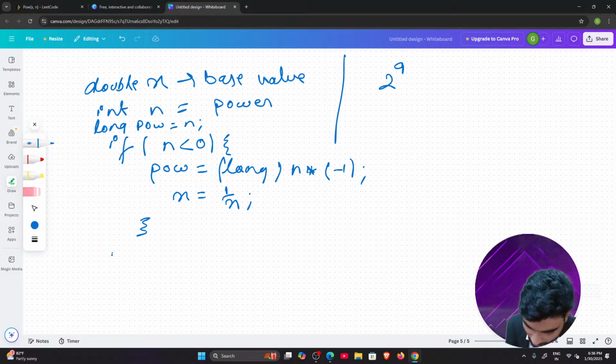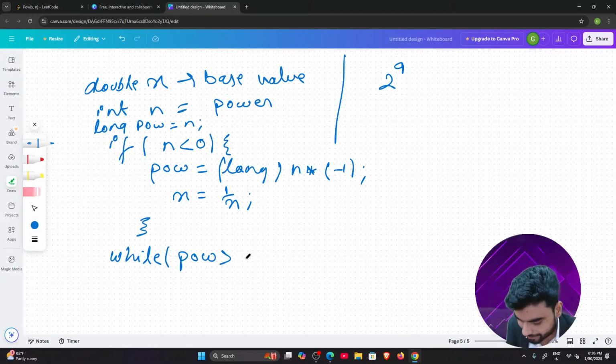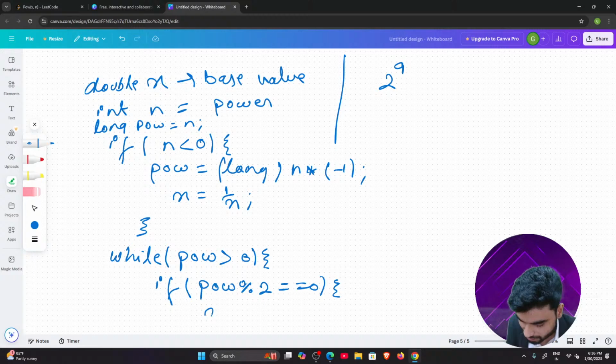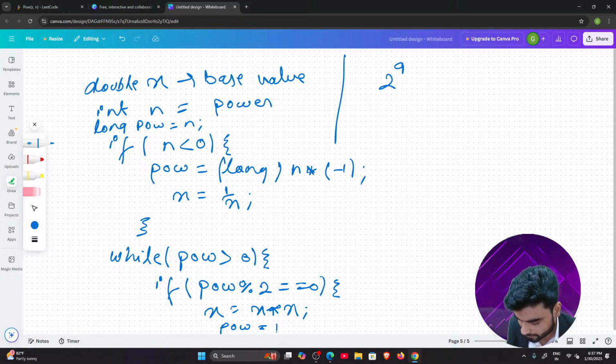Now again, we take a while loop here for multiplying. We'll keep executing this until power becomes less than or equal to 0, right? Now for an even number, how we were working it, we had written if power is even. That time we were multiplying x by itself, meaning we were doubling the base value and reducing the power. So power will be power of half, right? That was the logic. I'll explain it. I'm writing this code again here on the board to explain.